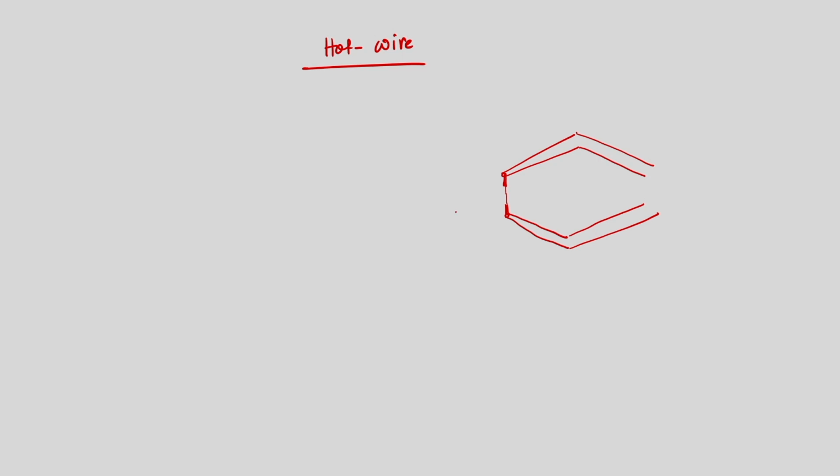These two dimensions are very important: this is typically of the order of 3 millimeter and this is 1.25